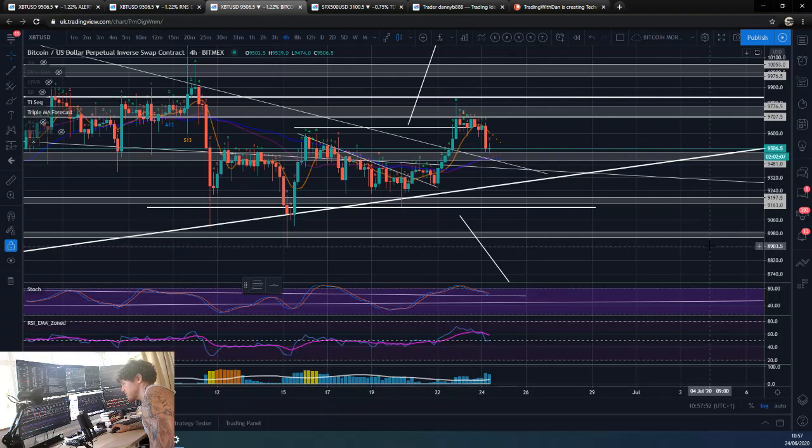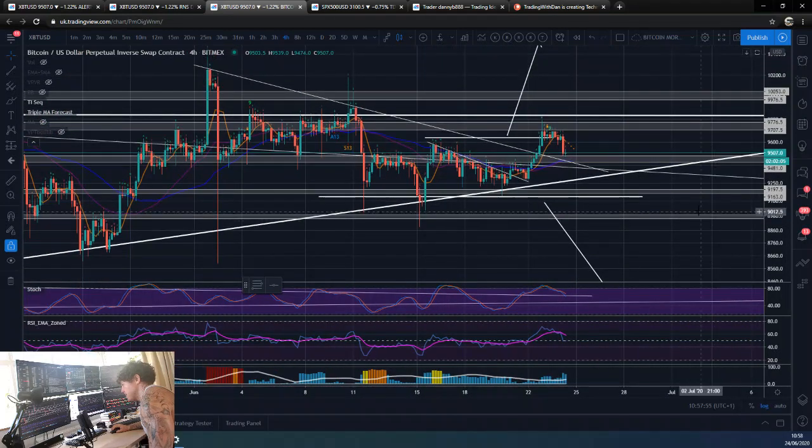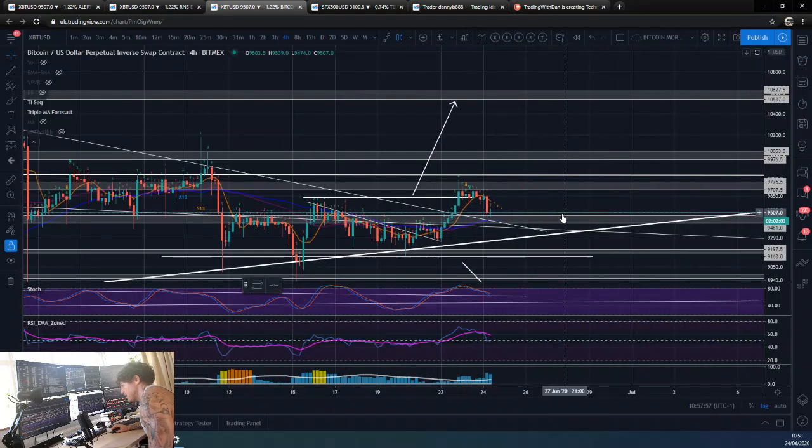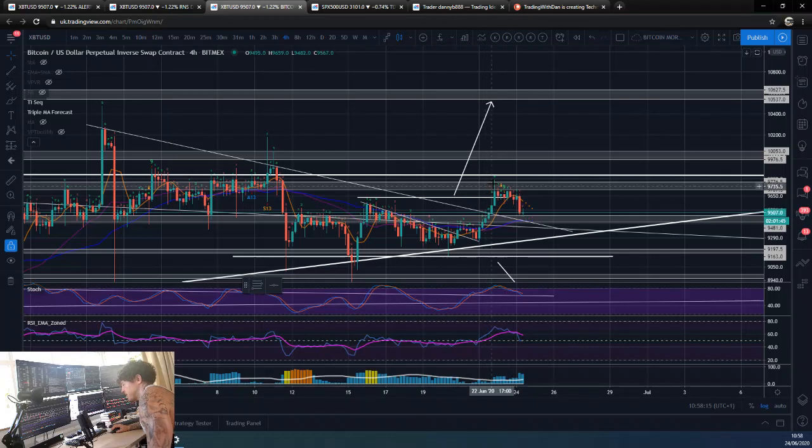So yeah, we also did speak about the retest of this trend line. We broke out pretty convincingly. We sort of had a domino effect. We broke above this downward trend line, retested that. That gave us the momentum to break above this resistance. That got us to the next resistance, which broke us through this trend line, which also helped us pump up to this resistance. So now we come back and we test this resistance and this support, now old resistance, and this trend line. This could be a really good buying level.